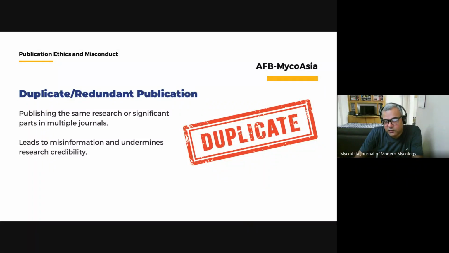I got so excited looking at the paper, and I was excited that we would publish it soon after the review. But when the paper was sent to the editor-in-chief, he did a simple Google search. And he told me that this paper was already published 3-4 years back, and the authors resubmitted the same thing